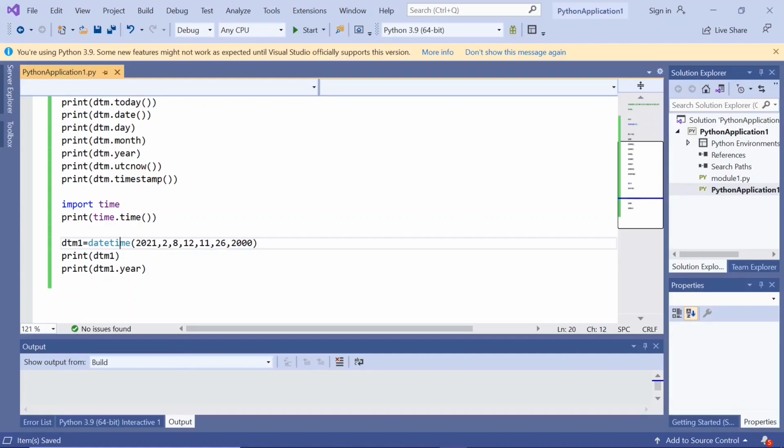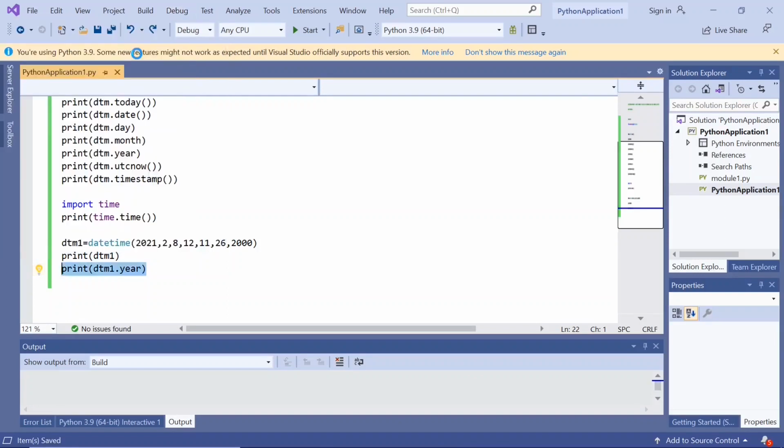Let us build a datetime variable, dtm1. Datetime of year in the YYYY format, 2021, month, day, and hour, minutes, seconds, and then these are microseconds. And let us print this dtm1.